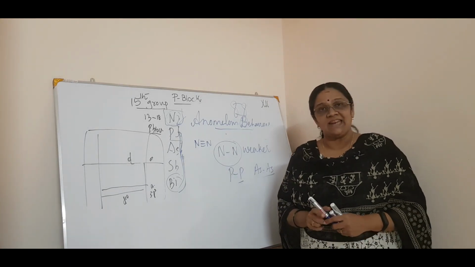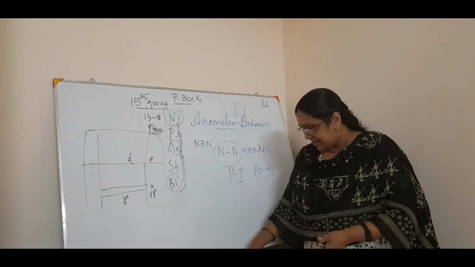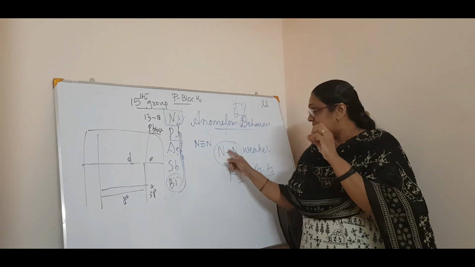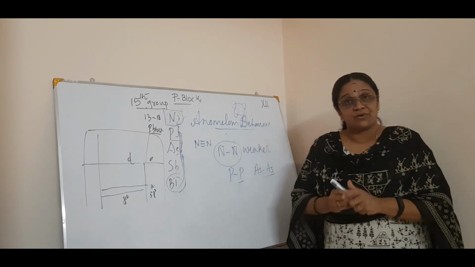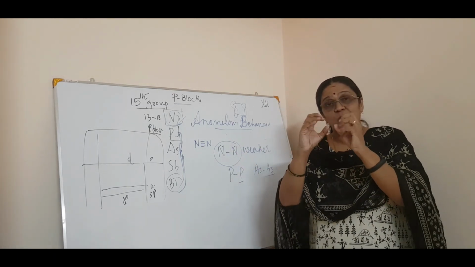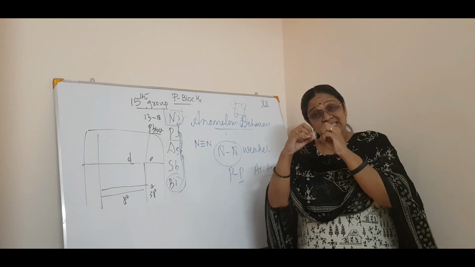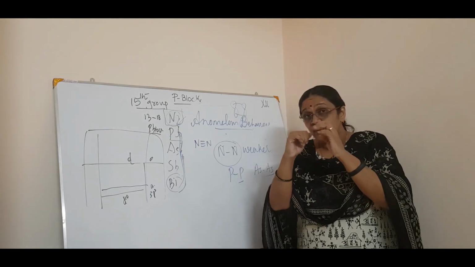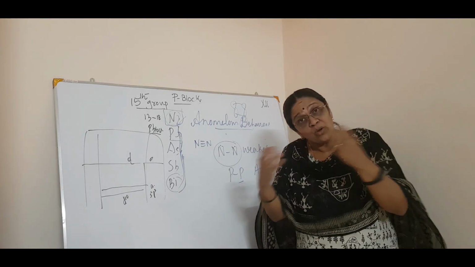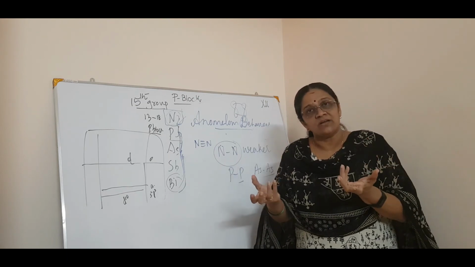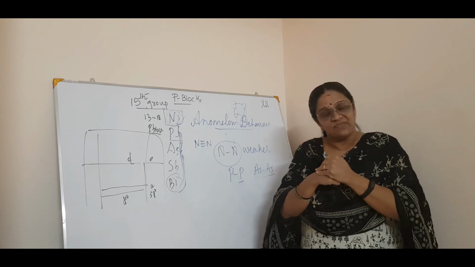Why? Because again, the size. You see, nitrogen is very small, isn't it? Nitrogen is very small and the other nitrogen is also very small. Now what happens? Nitrogen has a lone pair of electrons, isn't it? So when these two nitrogens make a single bond, there is maximum repulsion between the lone pairs of electrons on the nitrogen atoms, thereby tending to get more repelled. Which means what? It can be more easily dissociated.